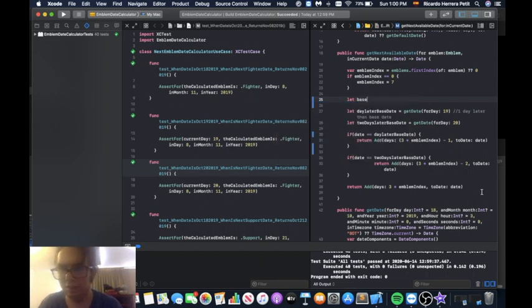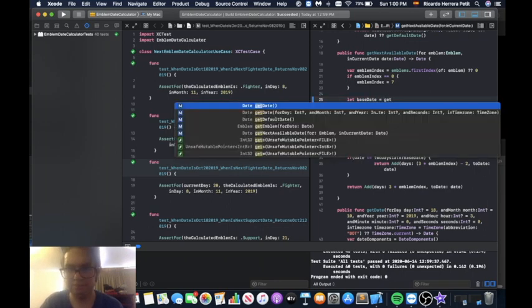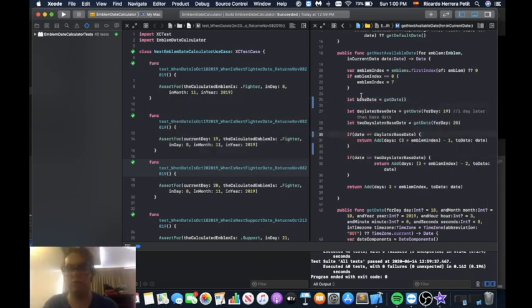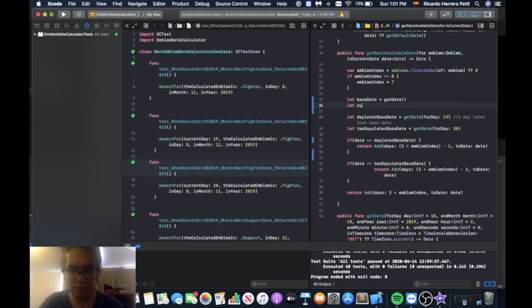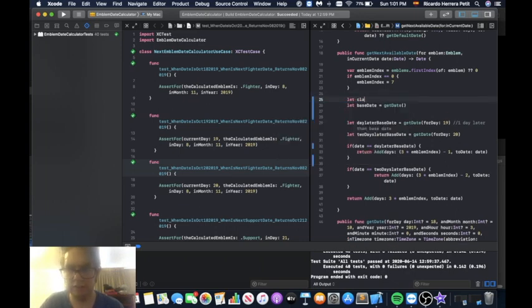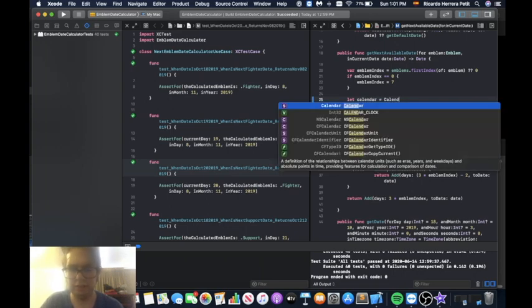You see this is 1 later than the base date, this is 2 later than the base date, so I just want to get the base date, and that's just done by get date. With get date I'm getting the base date, and what I want to do is calculate the number of days, and Swift has the number of days, but first of all I need a calendar, so I'm going to put on here calendar equals calendar.current,